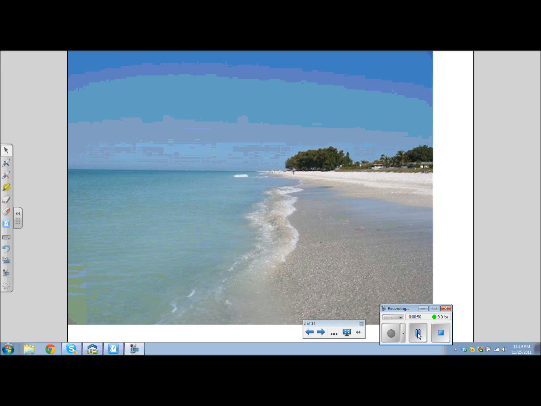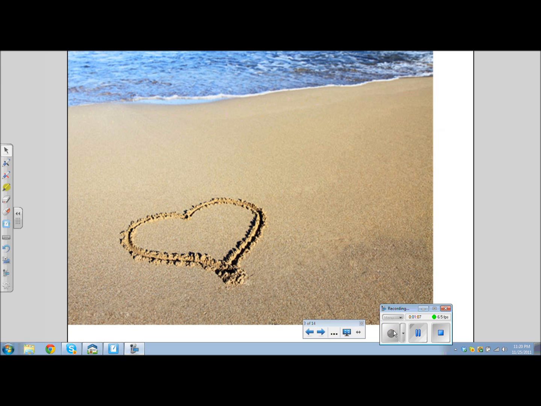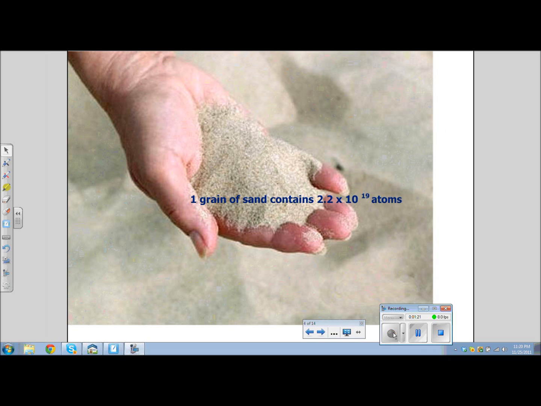But actually, what got me thinking about it was thinking about grains of sand. Tell you more in a second. And this got me thinking about another kind of chemistry. Love. Well, that's chemistry too, isn't it? Well, sort of. What really got me started with this whole thing about beach sand is thinking about one grain